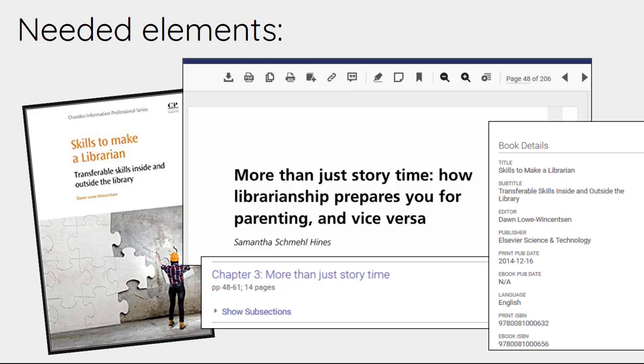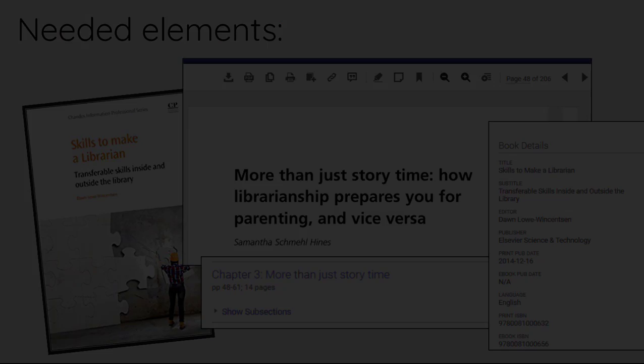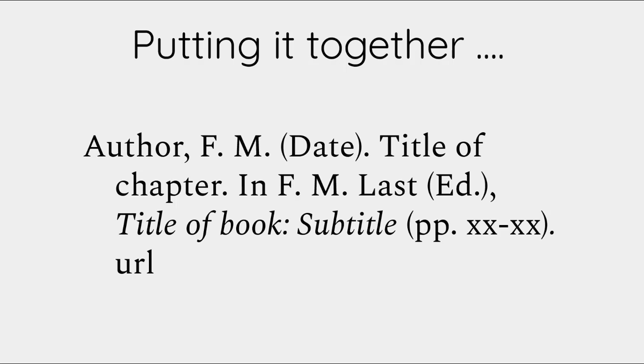Well, we have all our pieces, but there's still one more step. We need to piece everything together in the proper APA format. That means making sure all the elements are in the correct order and formatted properly. This is the basic formatting for a book chapter, but let's take a look at how this looks with our